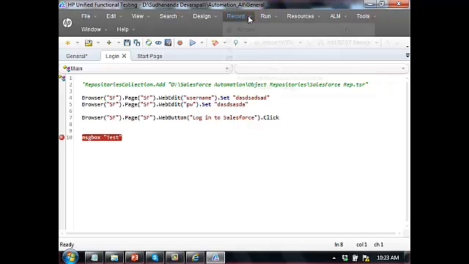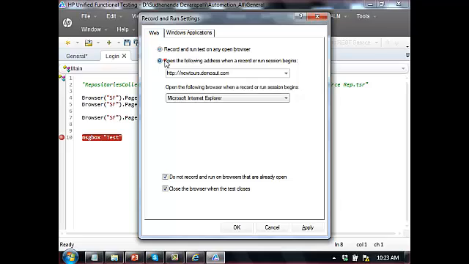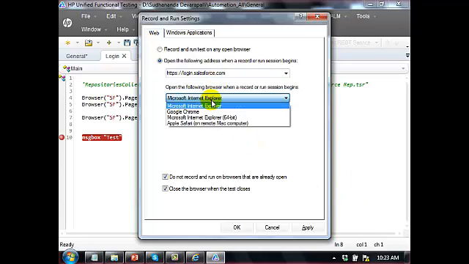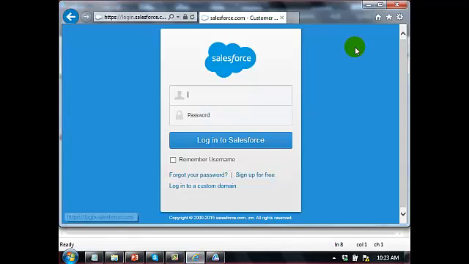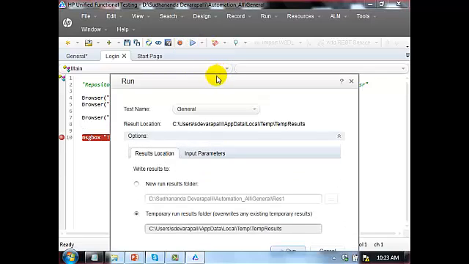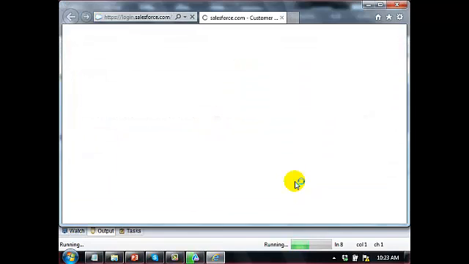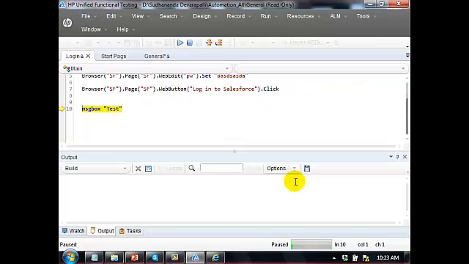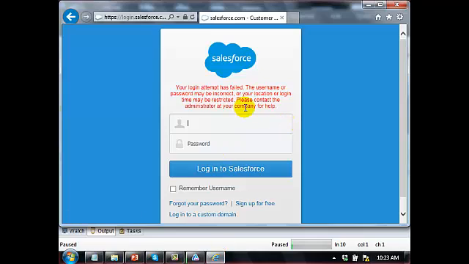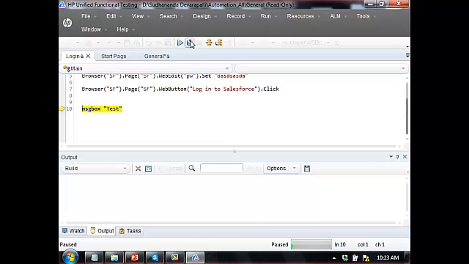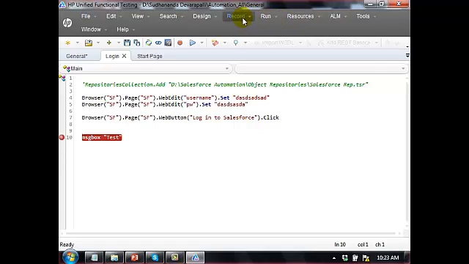Okay, so login dot salesforce.com. So what I'm doing is I'm running in Internet Explorer. Apply, save. So it launched the Internet Explorer and it entered the username and it clicked on the login button. But since I gave an invalid username and password, it has given the error. That's okay, no problem. Then let me stop the execution,